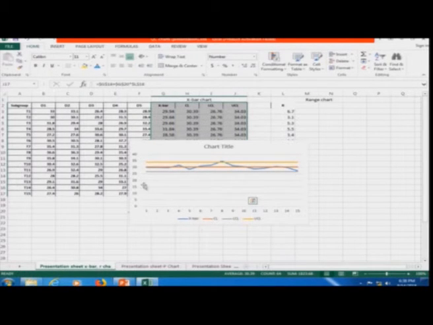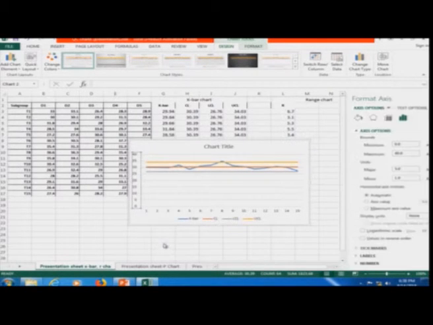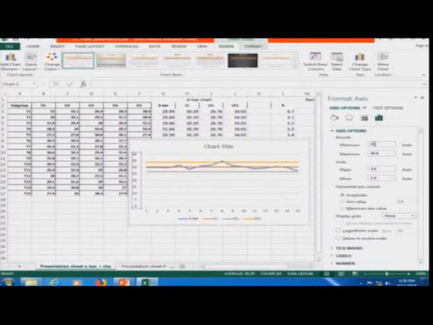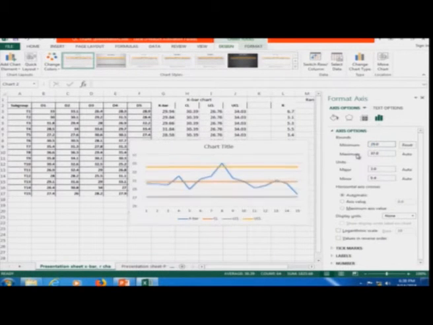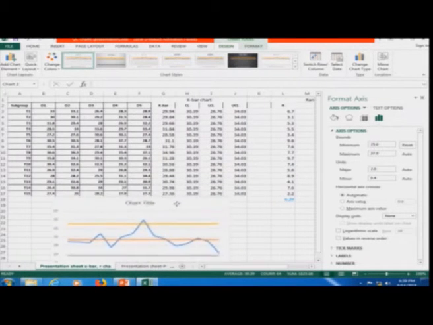Now, I can edit this axis to make it look more clear. Format axis, it is from, let me say, 25 to 37, it is a good range. So, this is okay. Samples 1, 2, 3, 4, 5, 6, 7, 8, 9, 10, 11, 12, 13, 14, 15. So, x bar is given in blue color, which is my variation in the process, and my control limit is in orange color, lower control limit is in the gray color, upper control limit is in the yellow color. So, I have constructed the x bar chart.